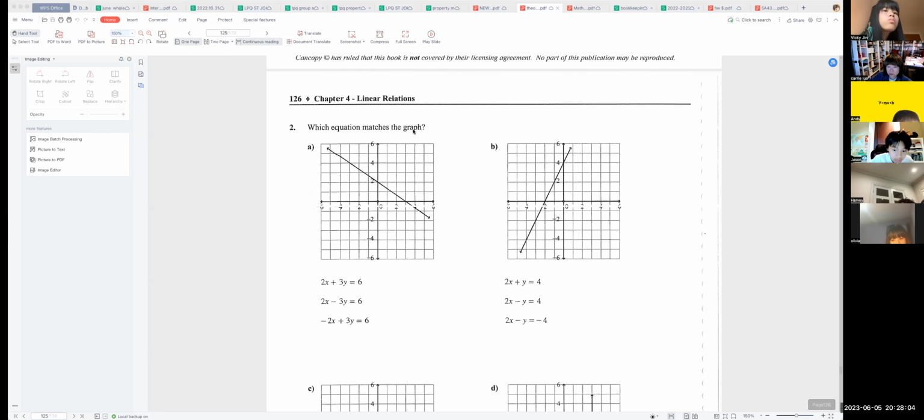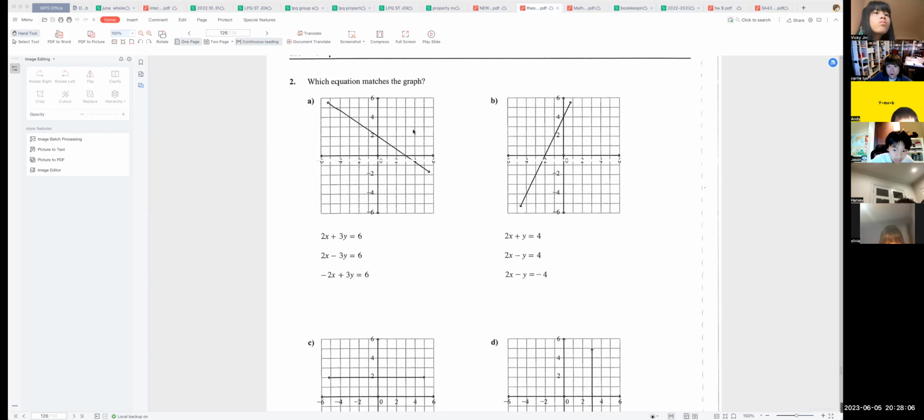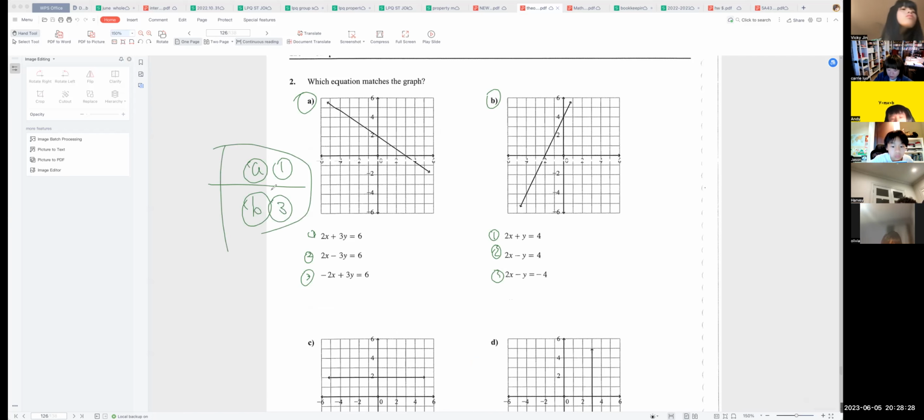Okay, so let's take a look at this one. So this time we just want to find out which equation matches the graph. 好，那我们这次的 A 和 B 两道题一起做。那小朋友们，这个我就给它标好 A 1 2 3，1 2 3。那你怎么做啊？你比如说告诉我 A is 1 and B is 3。你发给我的答案就是这样的，好吗？